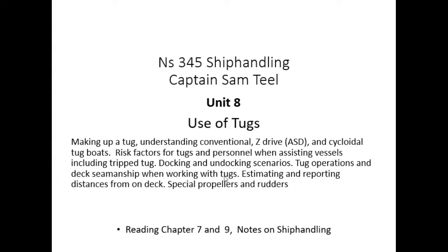And docking, we'll go through some different kind of interesting docking scenarios, things that I've certainly learned about from others and things that I've experienced myself and have seen. So we'll kind of alert you to those. Tug operations and deck seamanship when we're working with tugs, or on the ship. We're going to also get into, at the end,